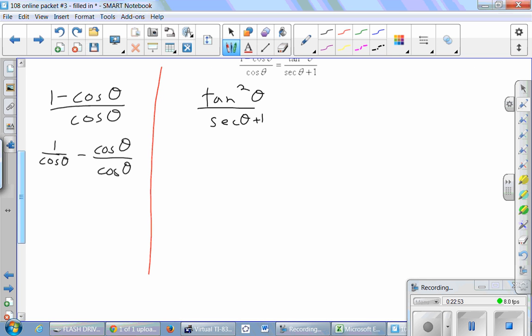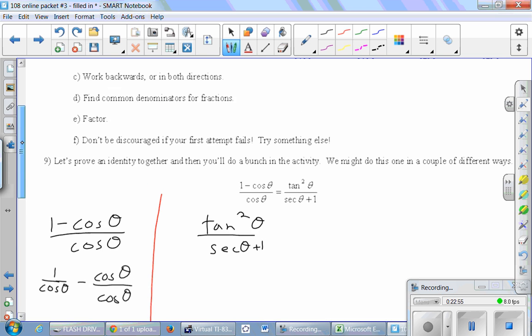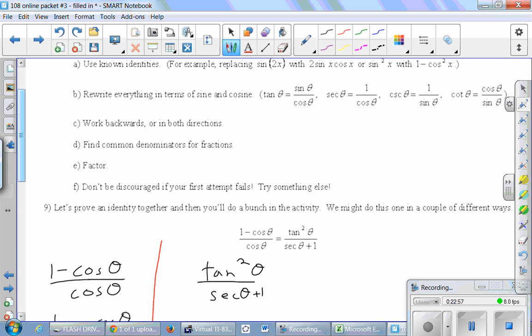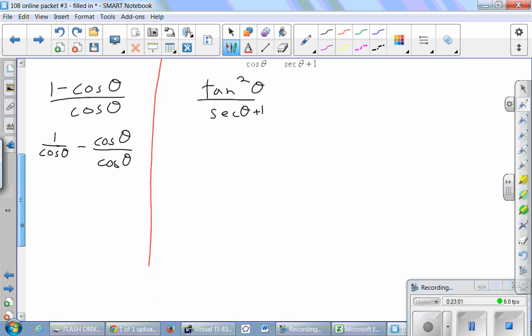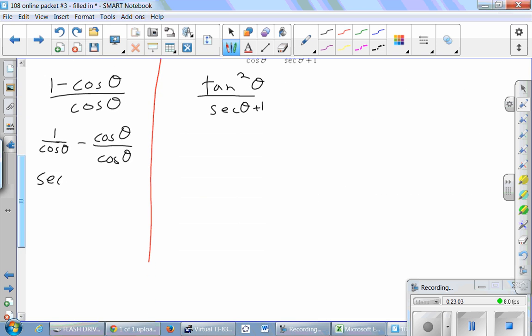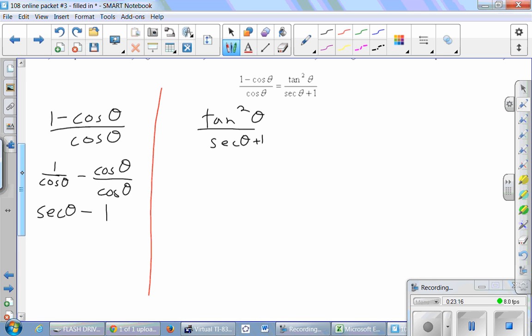1 over cosine, well, that's one of our other trig functions. It's up here in the parentheses if you don't know it, but it's right here. 1 over cosine is really secant theta. And secant theta is kind of the first promising thing I've written here, because there are secant thetas, or at least there's one secant theta right there. So that's good, and then it's minus 1. So I get secant theta minus 1, and I don't feel like there's really another natural place to go from there. So maybe we can continue that one later, but let's pick up